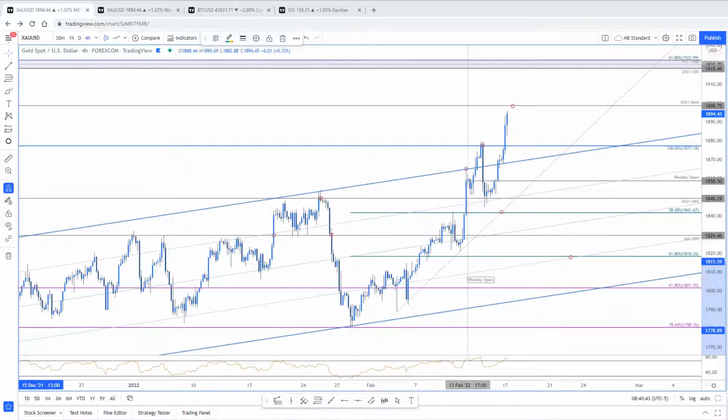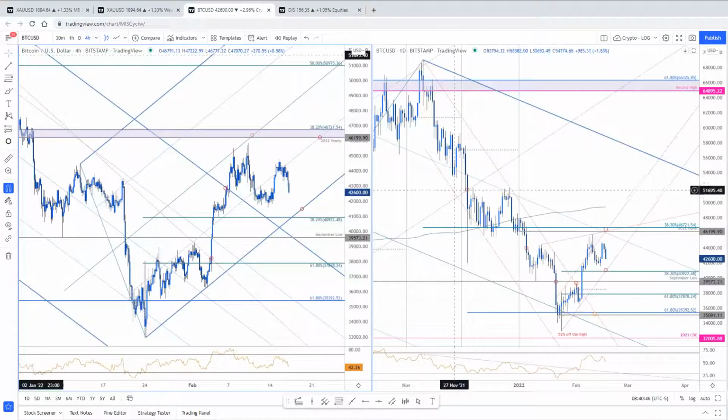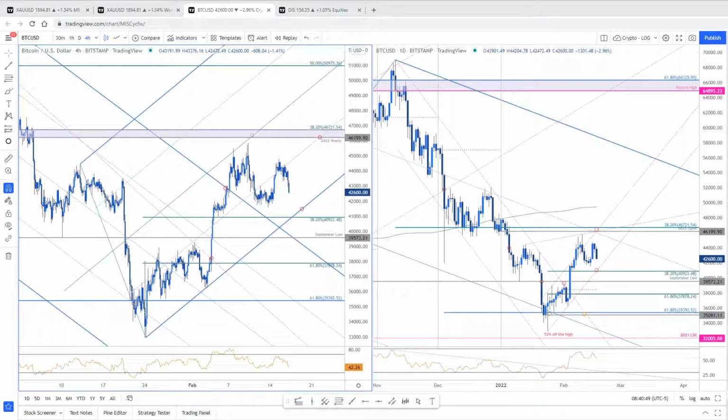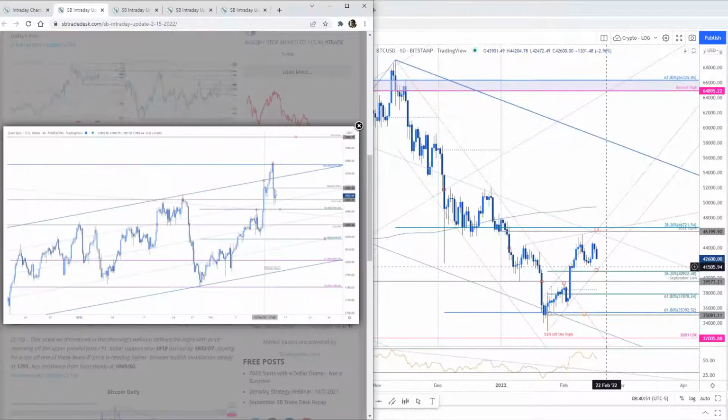Gold, 3 is Bitcoin. So real quick look at Bitcoin. I just wanted to highlight this because a lot of people have been asking about whether this is a real recovery and a real breakout or not. I think you still risk another setback here, but the basic level of significance is going to be